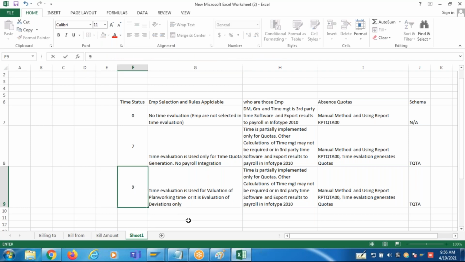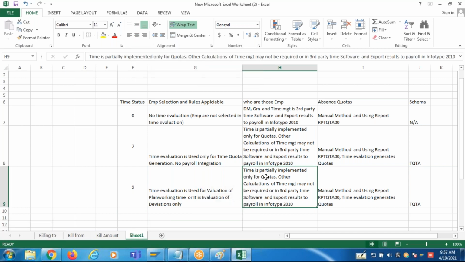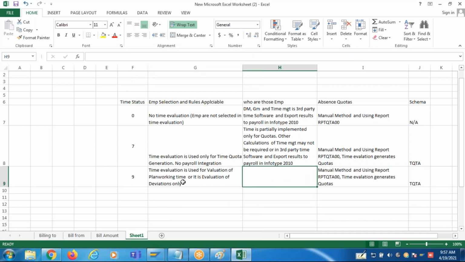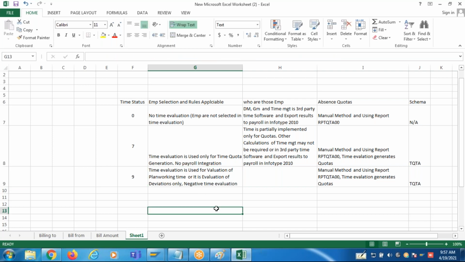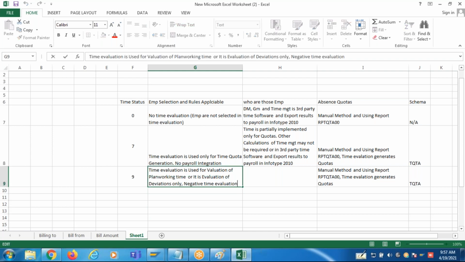Time status 9, guys. This is also called negative time evaluation. It has integration with the payroll.